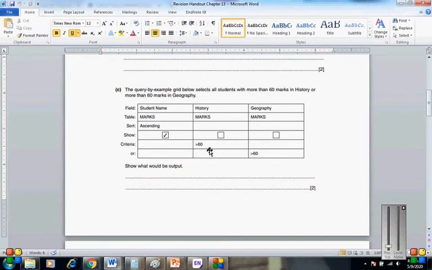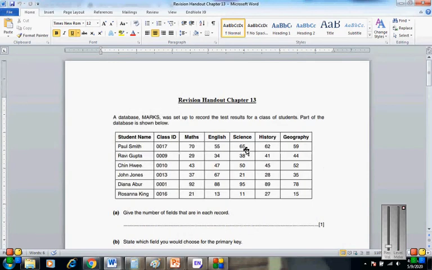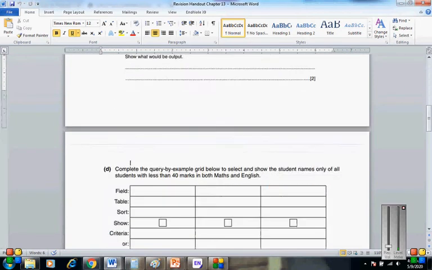Either marks will be greater than 60, history will be greater than 60, or geography will be greater than 60. So see, history greater than 60 is Paul Smith, and history and geography both are greater than 60 in case of Diana Abur. Okay, second thing is that you have to show the records in alphabetical order.